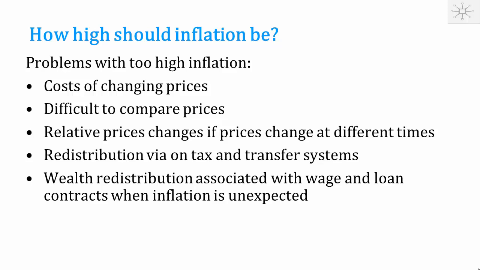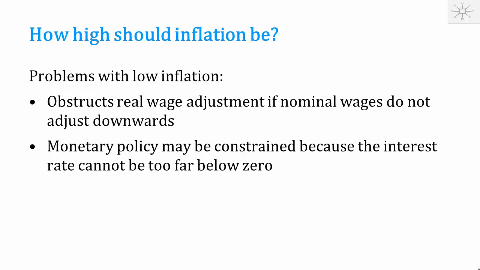For example, if I make a loan thinking that inflation will be low and accept a low interest rate, then it turns out inflation was high. Well, then I get a very bad real return on my loan, and the borrower can be happy to make a much smaller real repayment than we had expected when we made the contract. Similar with wage contracts, if you specify the nominal wage and prices go up, then the real wage goes down.